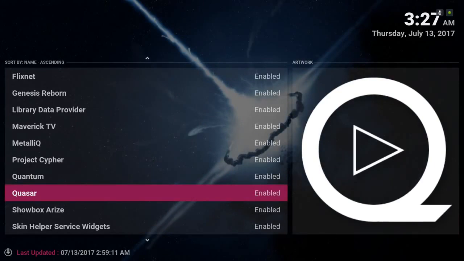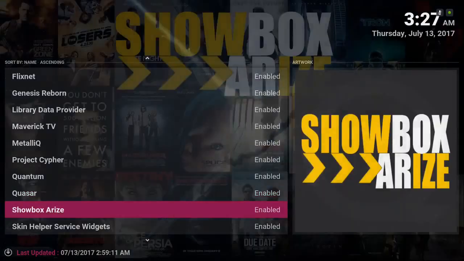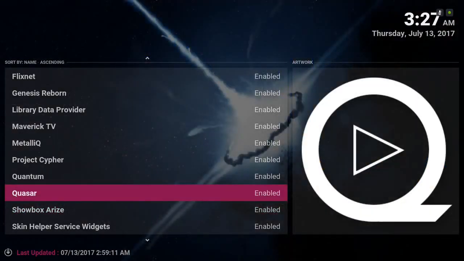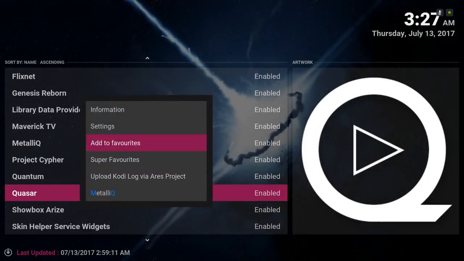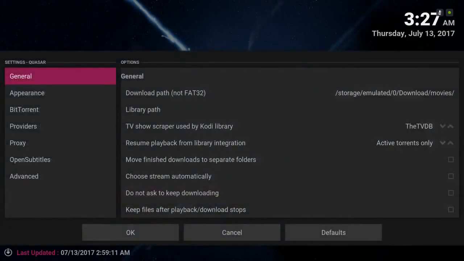Alright, now to set it up, it depends on which device you're on. On my other Android device, it just started to work. It just works, I guess, because it's Android. I'm not sure, but you'll go to Quasar, long press or hit your context button. You go to settings, and in general, you slide to the right, and you have to